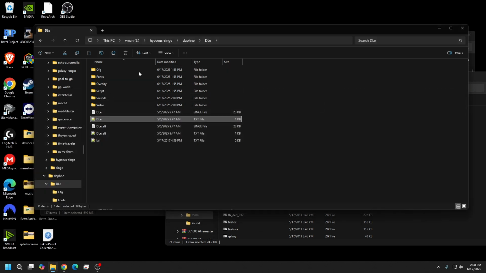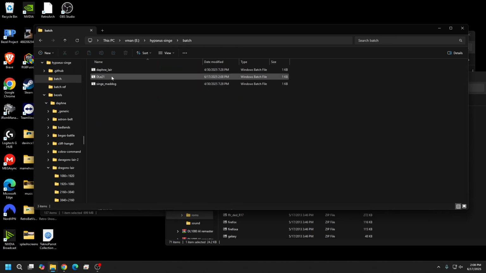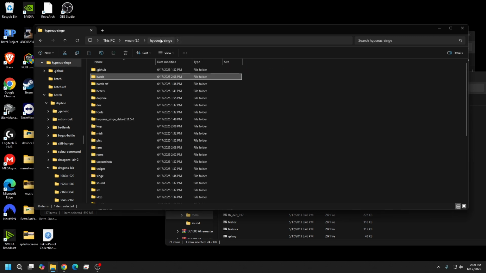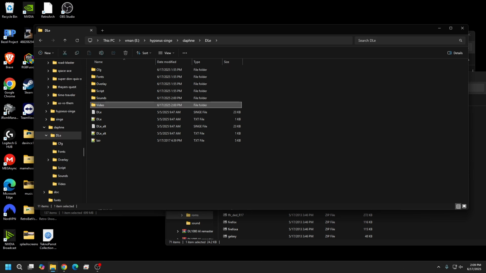Close this out. Open up my batch. And here's my file. Double click on it. Okay, so things are running. You'll probably hear a sound, and it's going to say could not open Daphne DLE video DLE.m2v. Okay, so that's what's supposed to happen. And let me show you why that happened. We'll go back to our Daphne DLE video folder, the root of the DLE, and we're going to come down here to